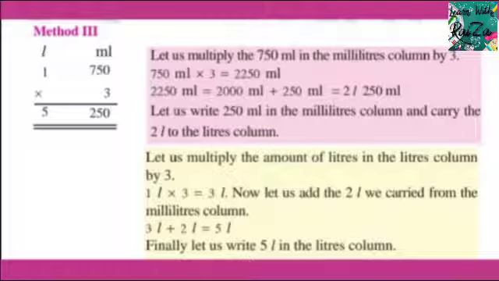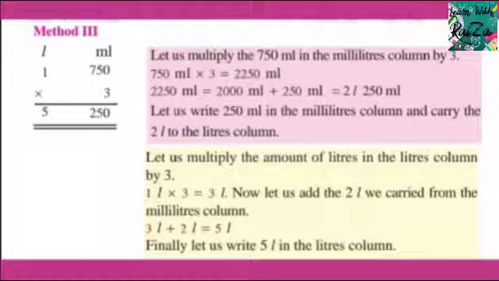Right, let us multiply the 750 milliliters column by 3. So now here, what is given, 1 liter 750 milliliters should be multiplied by 3. Here I don't convert the question into liters completely or into milliliters completely. What I do, I separate the values into the liters and milliliters columns and I do the normal multiplication. So then we get